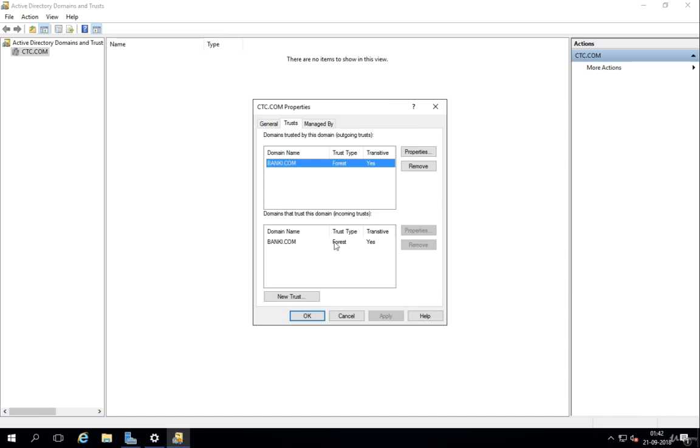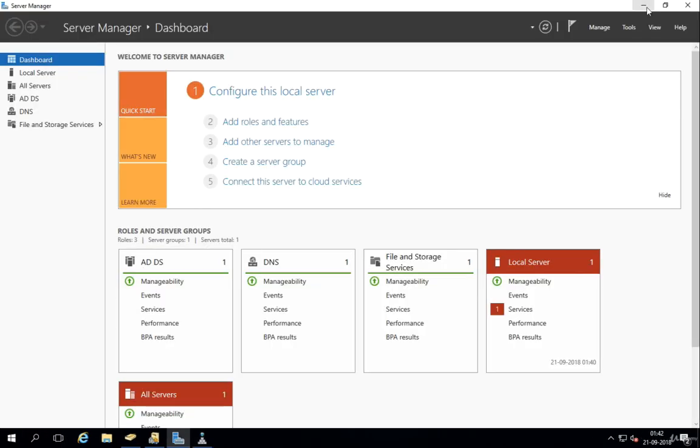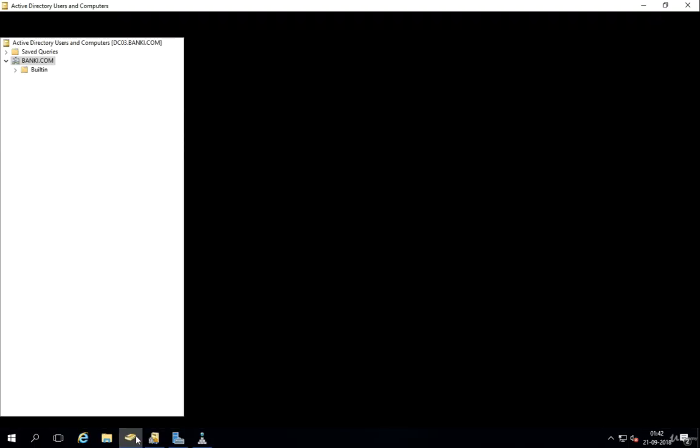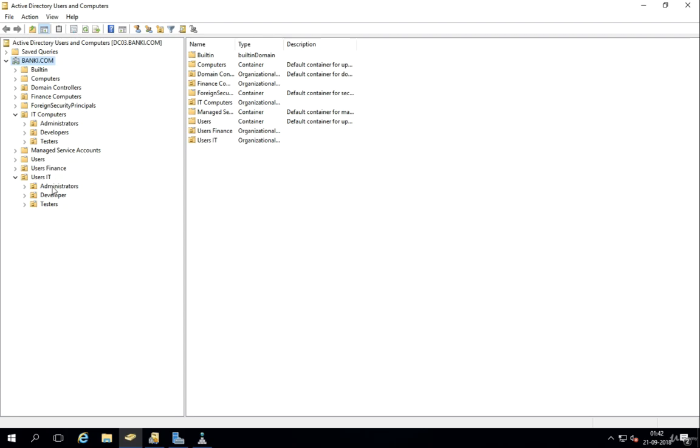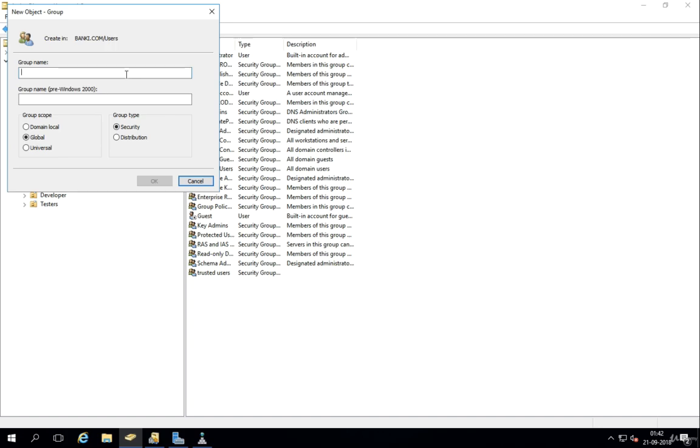So now another thing you need to confirm is whether this trust is working properly or not, right? So I believe you have remembered the group types I discussed in my Active Directory users and group, right? I'll just remind those things again. So to check whether this trust is completely done or not, we'll go to users. Okay, I'll tell you what we need to do. So we'll create a new group, security group, name like